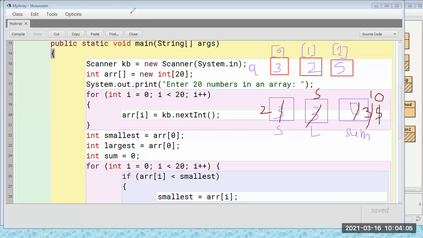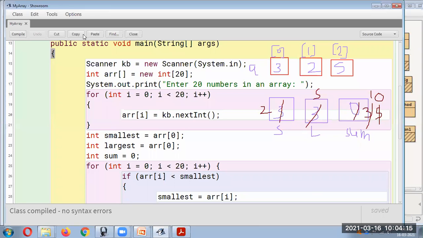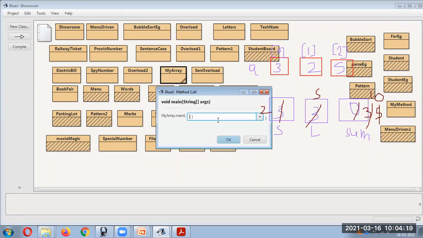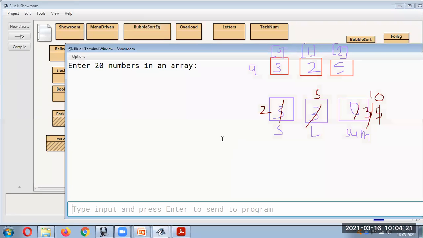Let us run this program and see the output. We will take the same input. Actually, we can try some values because there are 20 inputs. I will not change the program now. Let us run the program. It should work for all the 20. Let's put some values, I'm just keeping them in series for simplicity.